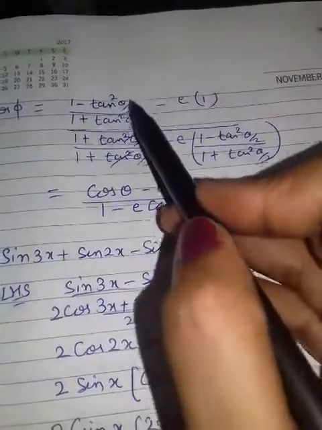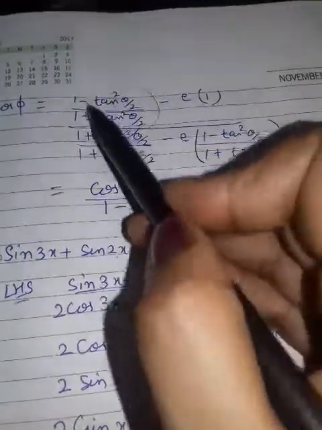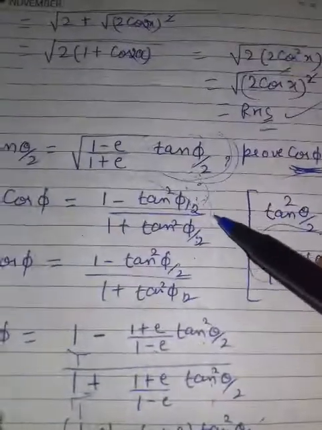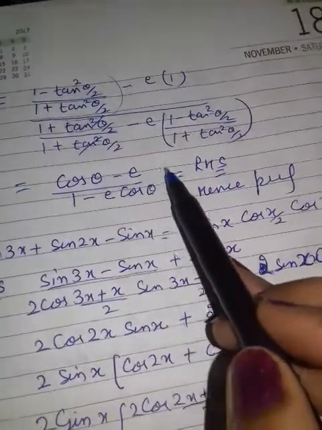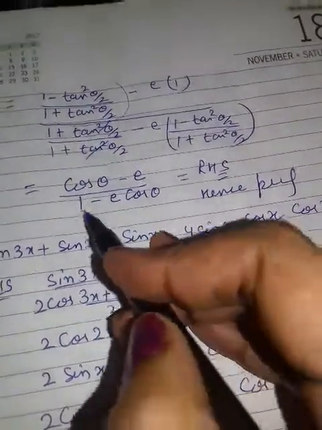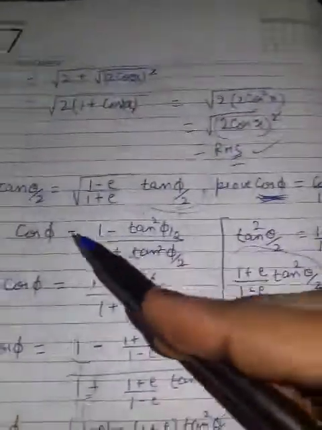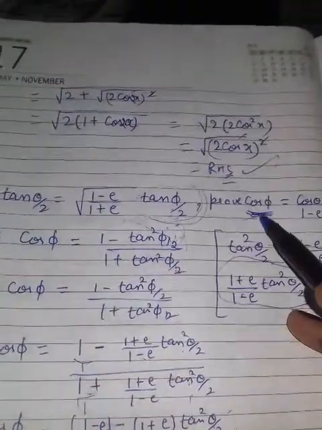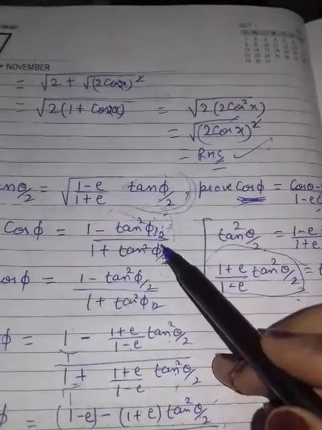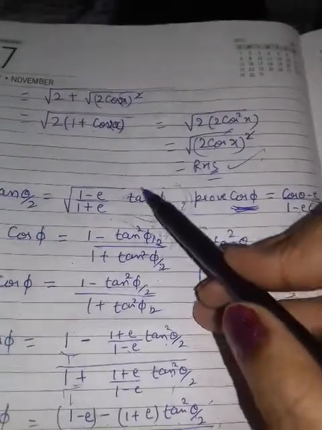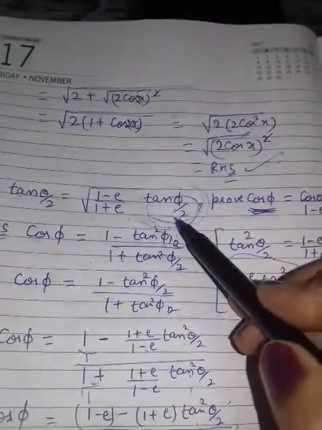This will also cancel. You know what is the value of this? Cos theta. Using the same here, but phi in phi, theta in theta. Same here. So this is what? This is your right hand side. Got it? It means we start ourselves from the left side by putting the value in form of tan, but we are using tan phi by 2 from here.